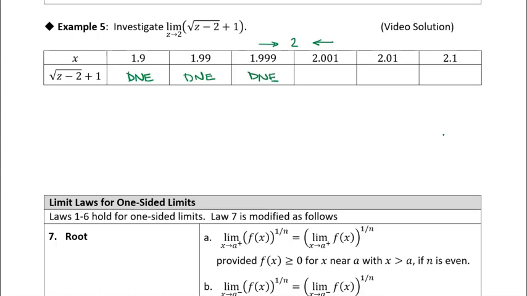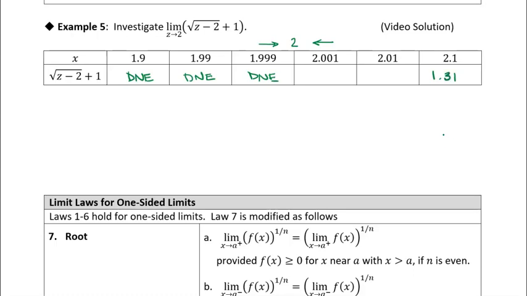Now, if I put in something a little bit bigger than 2, then I can do it, right? Because something bigger than 2 minus 2 is going to be positive. So when I put in 2.001, now I should probably start over here, right? Because I'm approaching 2 from the right hand side. So let's just start at 2.1. All right. So when I put in 2.1, I'm going to get